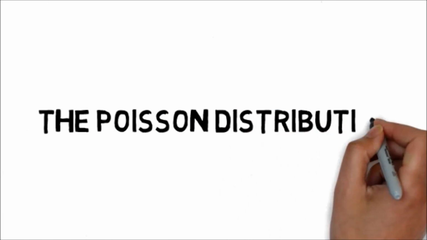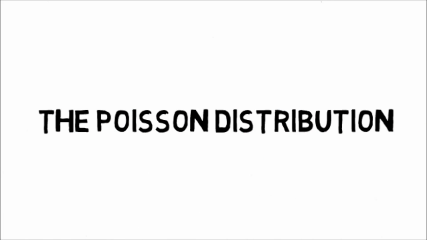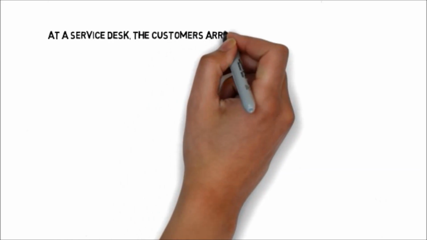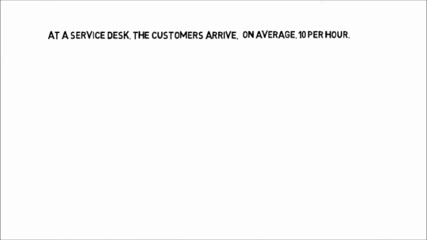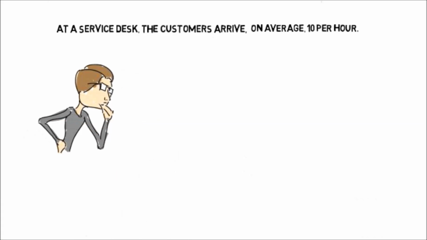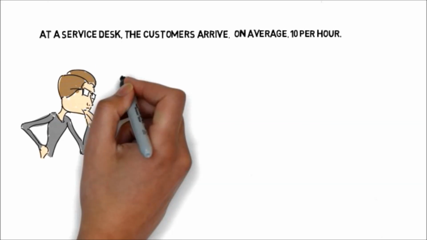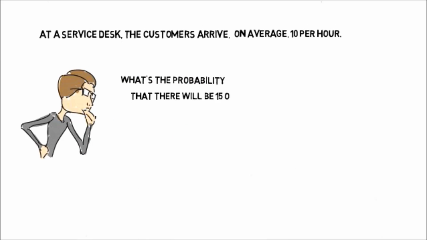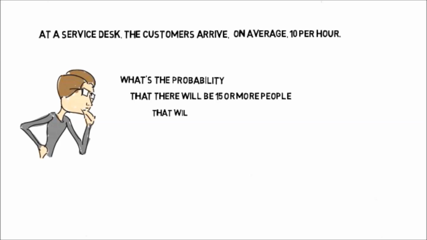In this video tutorial, I'm going to cover some examples of the Poisson distribution. Let's start with this example. At a service desk, the customers arrive on average 10 per hour during the morning shift that goes from 8 to 12. The service desk manager wants to determine the staffing level for this shift. He wants to know what's the probability that there will be 15 or more people that will arrive between 8